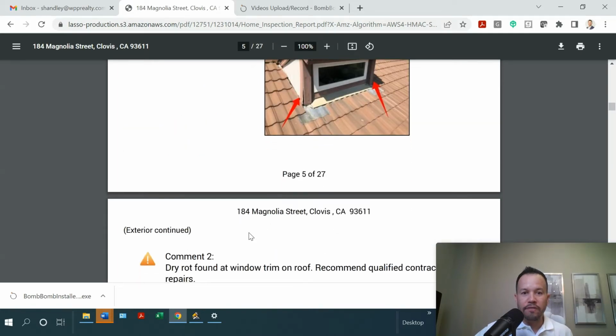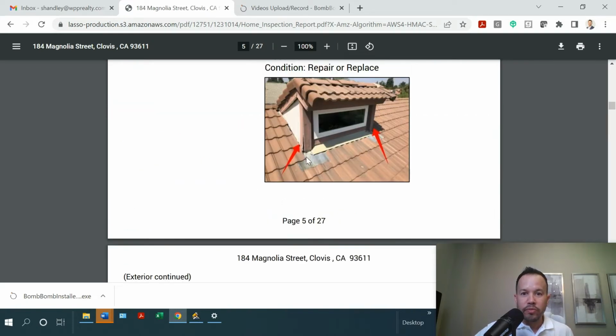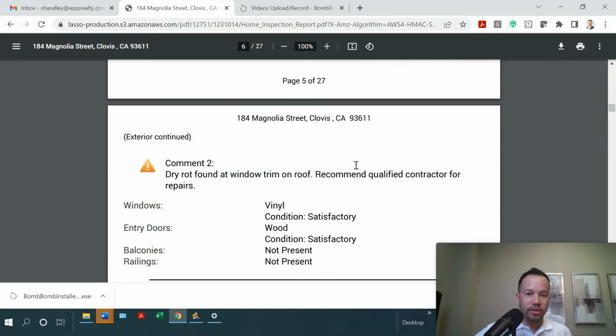Okay. And the finding here on comment 2, dry rot found at the window trim on the roof. Recommended qualified contractor for repairs. So you can see right here that there's possible dry rot that can eventually lead to termite infestation. Those things are considered a health and safety concern because termite infestation could lead to wood destroying organisms eating away